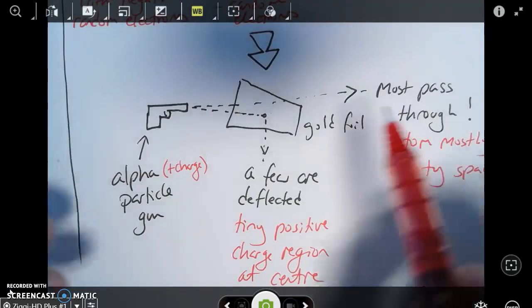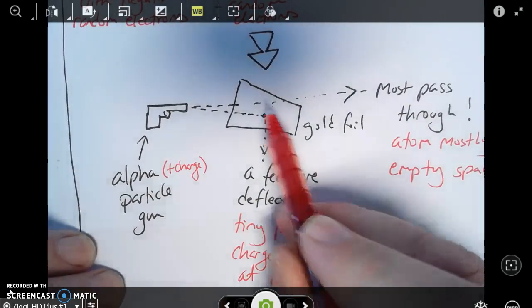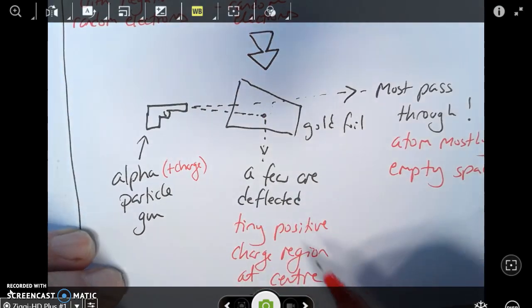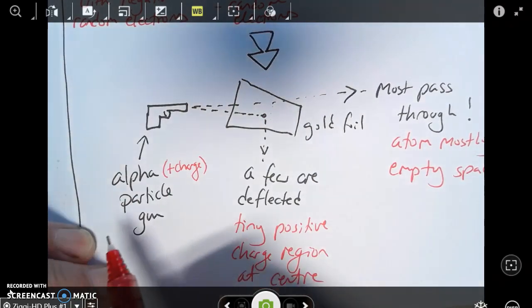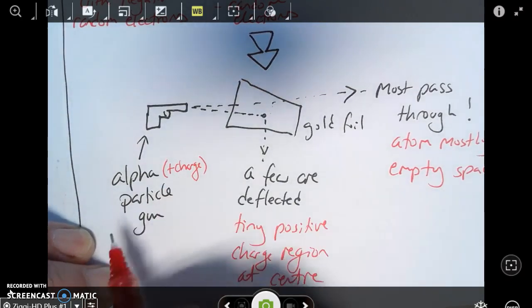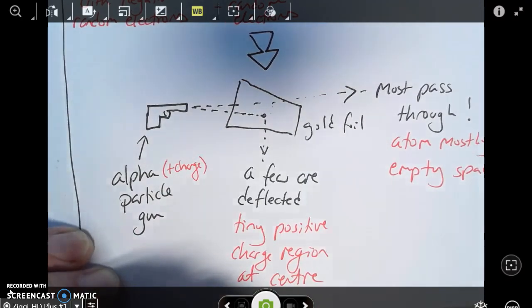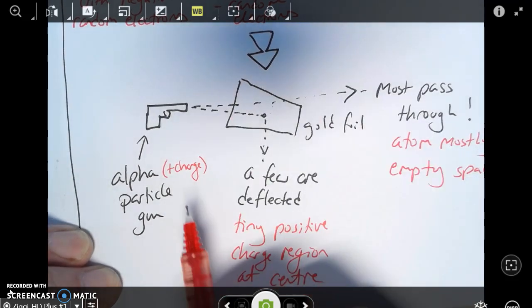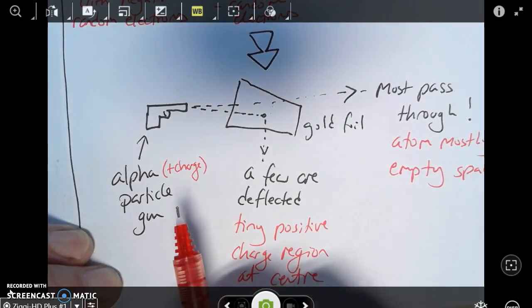So here you can see with my terrible drawing, here's the gold foil, which was extremely thin, and he had a device that could fire alpha particles, which are just very small nuclei with a positive charge, at the gold foil. And what he found was that 99.9% of them went straight through the gold foil, not by making a